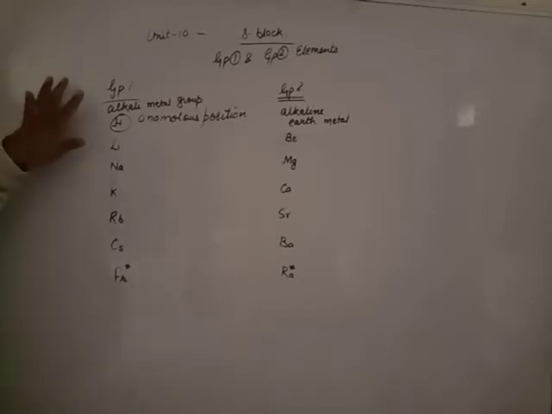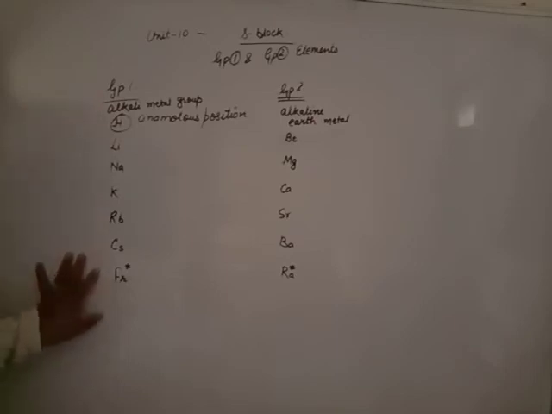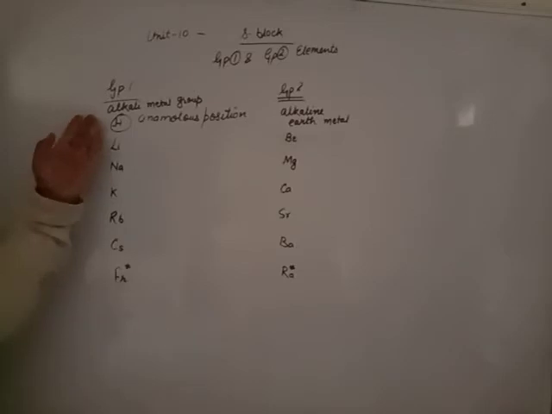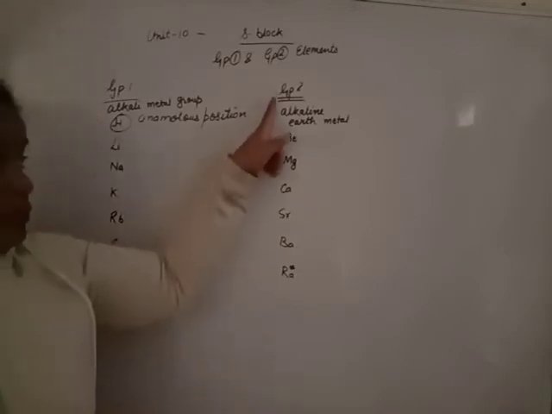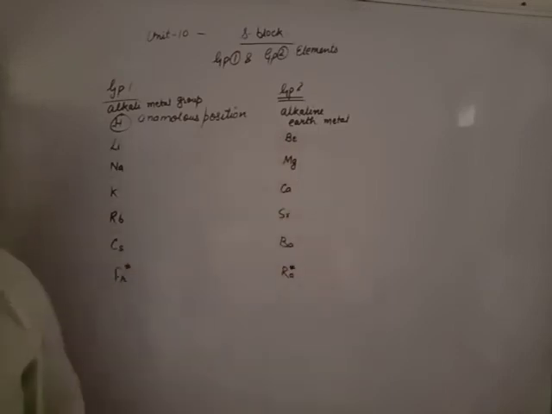Clear? Why is group 1 known as alkali metal group? Because all elements included in group 1 behave as strong bases in the form of their oxides and hydroxides, and all are metallic in nature, all are metals, so they are known as alkali metals. And group 2 is known as alkaline earth metal group because all the elements found in group 2 are present in our earth crust and all are less basic than the alkali metal group in the form of their oxides and hydroxides. So they are the alkaline earth metal group. Clear?